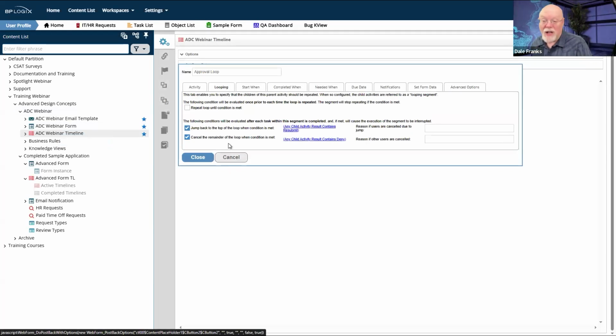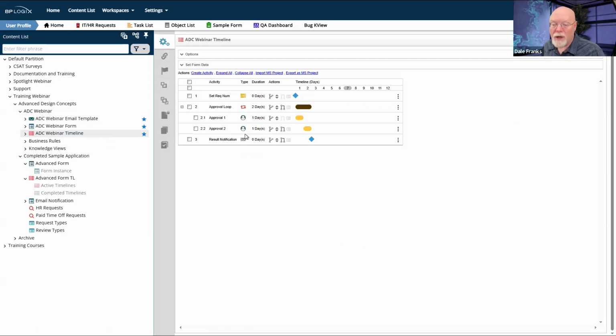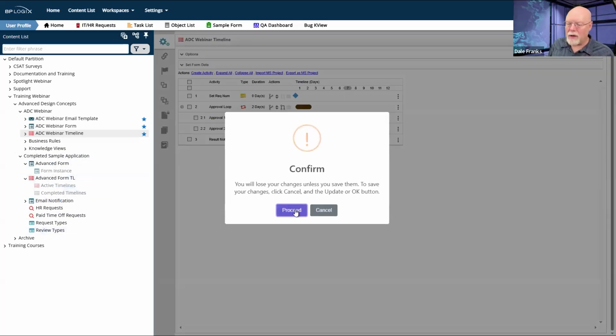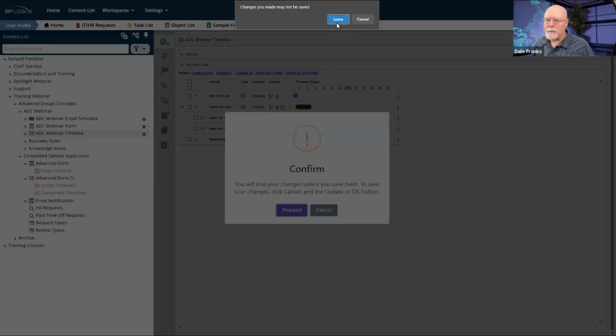Now, it is nice to be able to have this jump back to the top of the loop. That's really cool because what it allows me to do is to account for an initiator resubmittal. So if we go back and look at this timeline here that is configured,